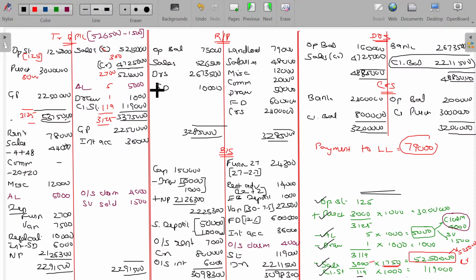This 10,000 you can simply skip, no problem. If you skip, then it is 75,000. Balance value being, if you show 10,000, it is understood that this money is taken by the cashier, defalcated, okay, so stolen, okay, or you can simply cancel these two, no problem. So then the ultimate,